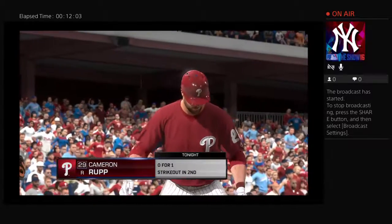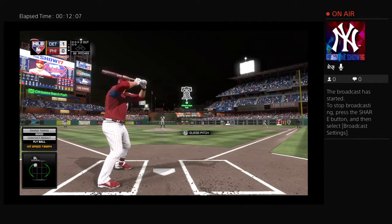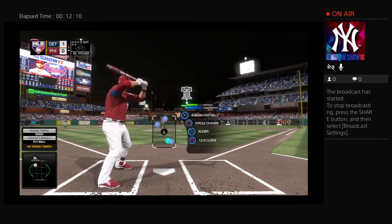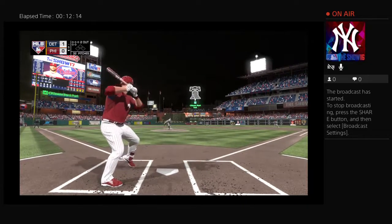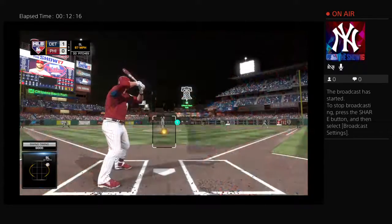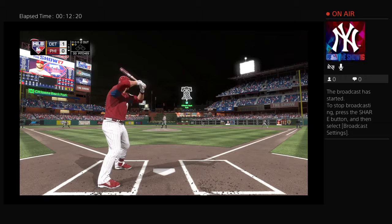Now batting, into the box now, Cameron Rupp comes into this at bat 0 for 1 in the ball game. Now the pitch. Had him reaching that time. It's strike 1. Well, he's done a great job on the hill throughout this game,